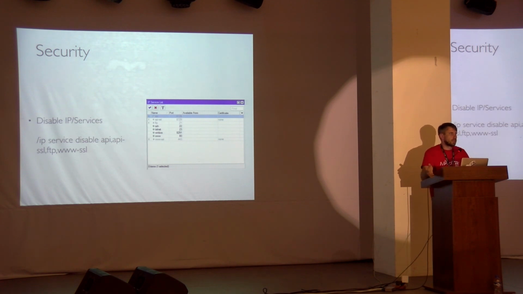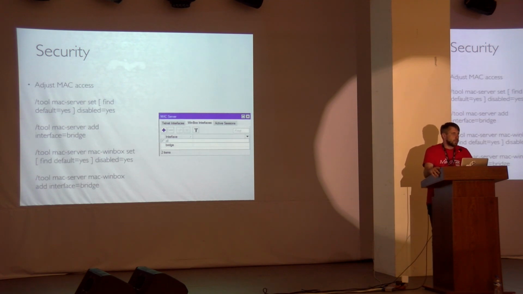And then on that service list, you have an option to change a port. So if you, for example, want to change a port for SSH, instead of 22, you write something like 20252. So you will know this port, and the person who maybe will try to access your router will need some time to find out what port is used for SSH access. As well, in this list, there is an option available from. You can put an IP address there, like your IP address, and then only you from this IP address will be able to use this service. So this is like double protection from unauthorized access to your router.